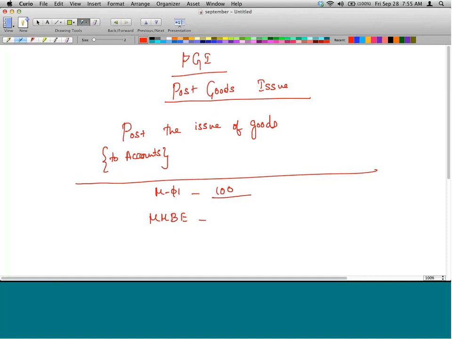Now there is a delivery. Let's say there is an order and there is a delivery, and the delivery is being picked. Picked means some goods is picked from the warehouse. Does it change the quantity in MMBE? No. The goods are being packed. The serial number is being put in. Does it change the quantity according to SAP? No. The goods have been put in the truck. The truck has left the warehouse. Does it change the quantity in SAP? No.